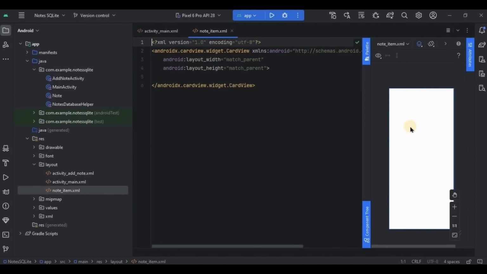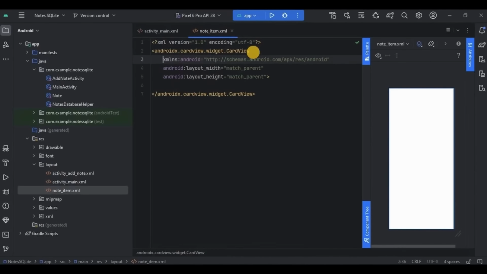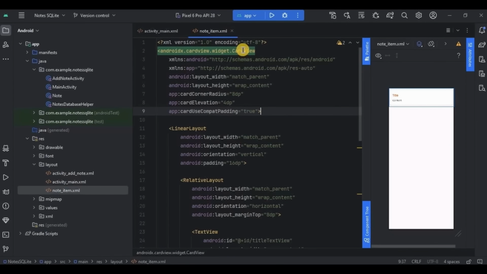Here I'll be creating two text views. One is for title and another one is for content. Simple, right? So let me quickly create it. And done. See, we have a card view, then inside it a linear layout, and then again inside it a